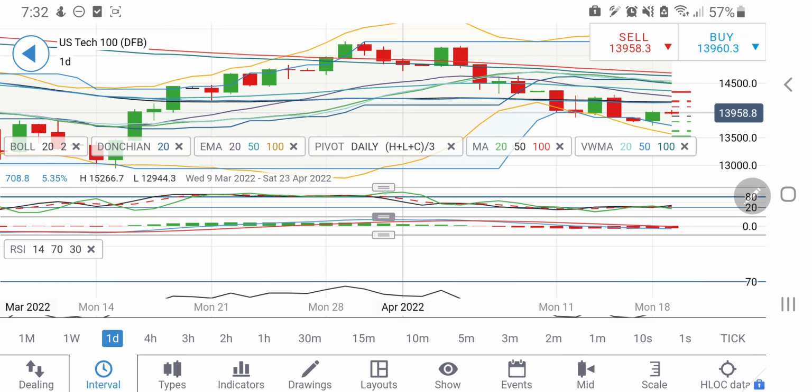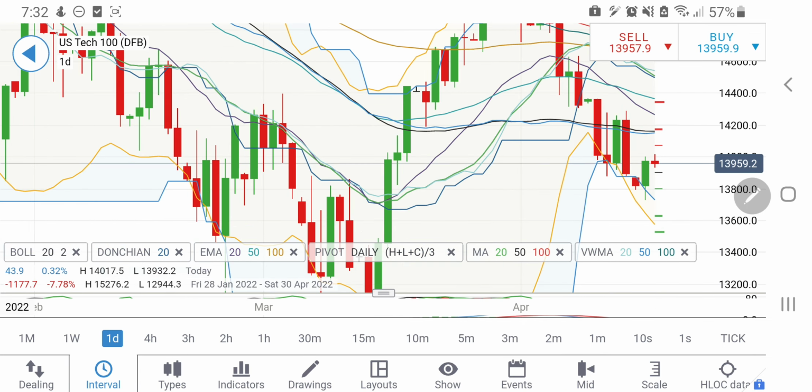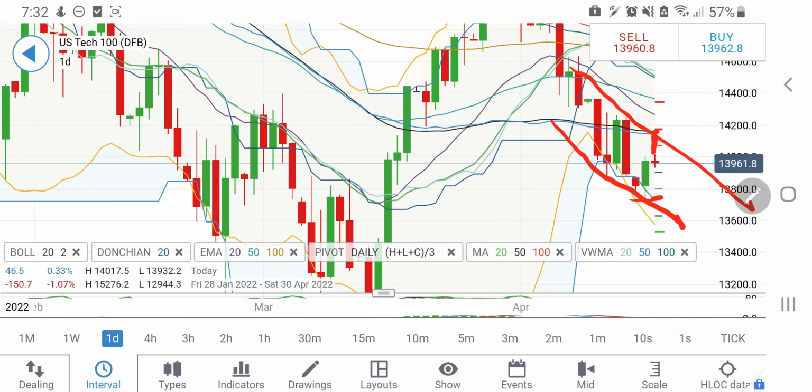Now let's have a look at the daily charts. On the daily charts, see, the previous candle has seen lower lows out there. The channel lows are here and the channel highs are here at 14,200. So probably it can try to achieve 14,200 before looking forward to any further drop. So take a long entry at 14,020. You can expect 14,080, 14,150, 14,180, 14,200 levels, and beyond that one can expect it to fly.